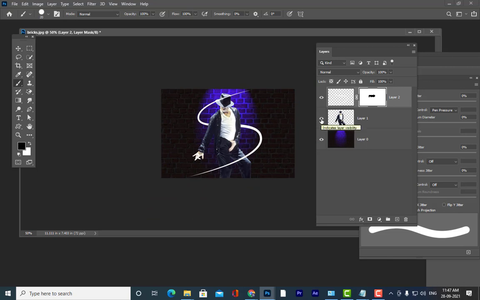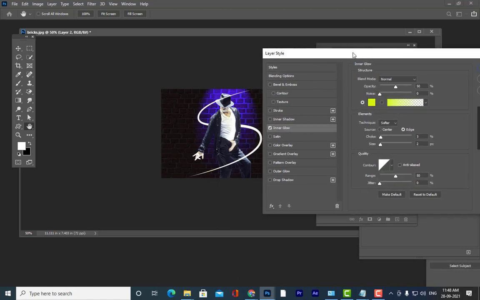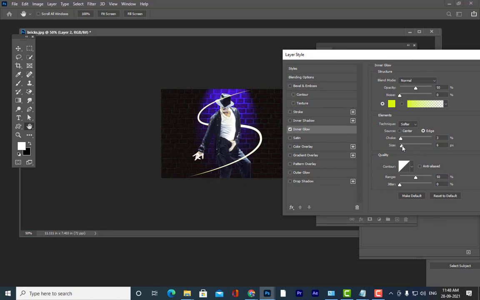Now I am going to make this look like a very glowing streak. I think all of you remember glow, right? We are going to use the same glow settings to create a streak here. We will keep this streak white in color, but the glow should be in a different color. We will use a yellow glow. First I am going to start with the inner glow, and then slightly increase this glow, not too much, so that it only appears around the edges.